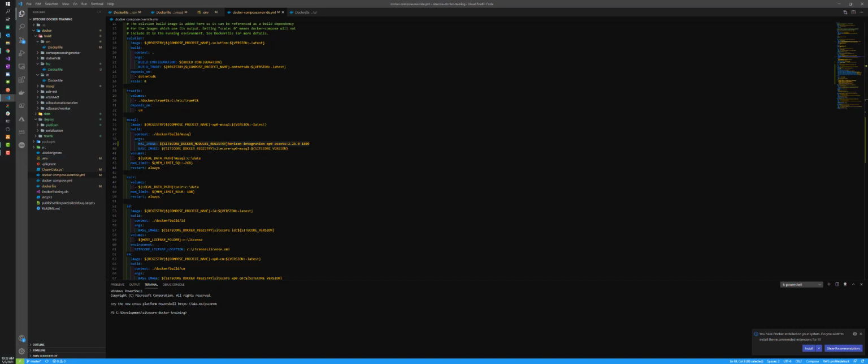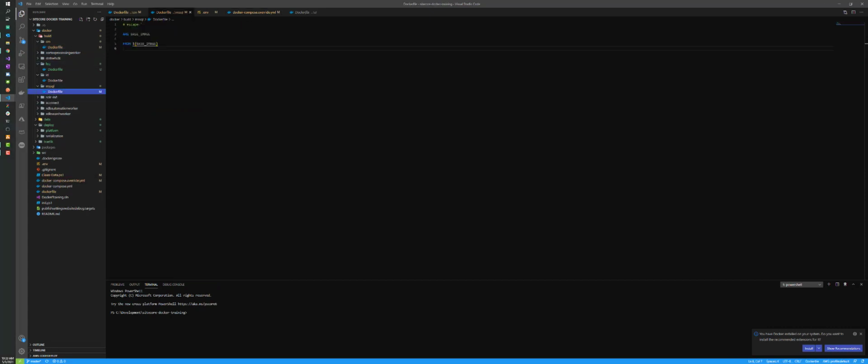So I am going to jump over to that MSSQL Docker file. And now you see that this one doesn't have a whole lot in it. So this is the first time we're kind of modifying this. So I am going to add a new arg,